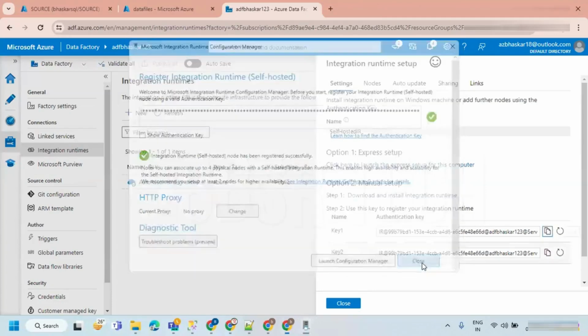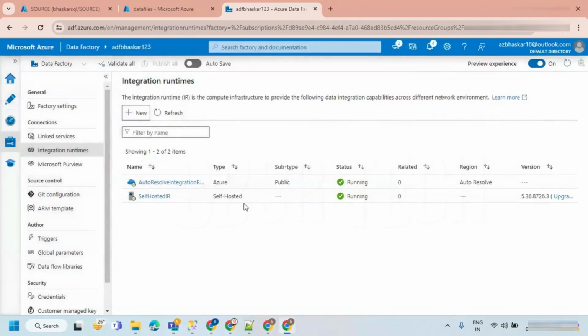Let's close this. Refresh this. Now it is in running mode. If it is not in running mode, then you cannot use the self-hosted integration runtime; there was some issue in the setup.